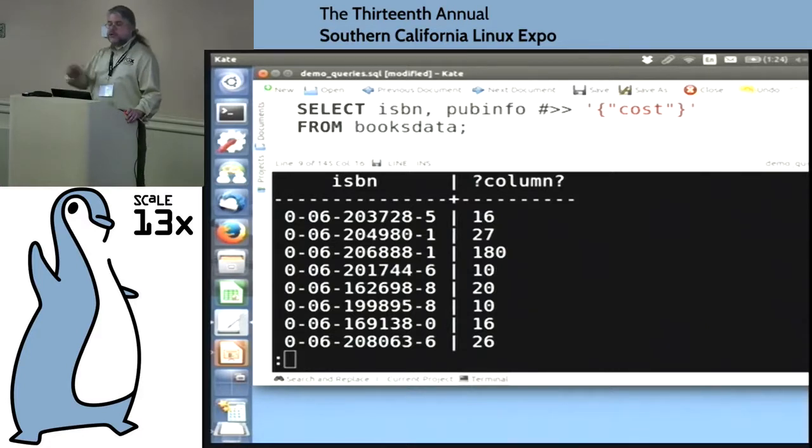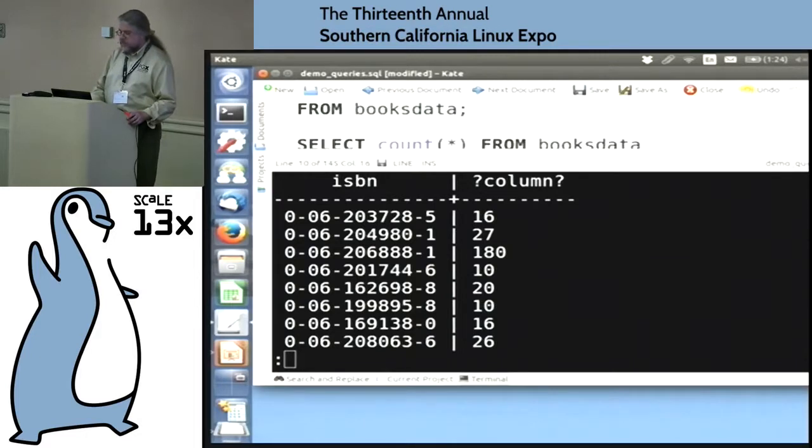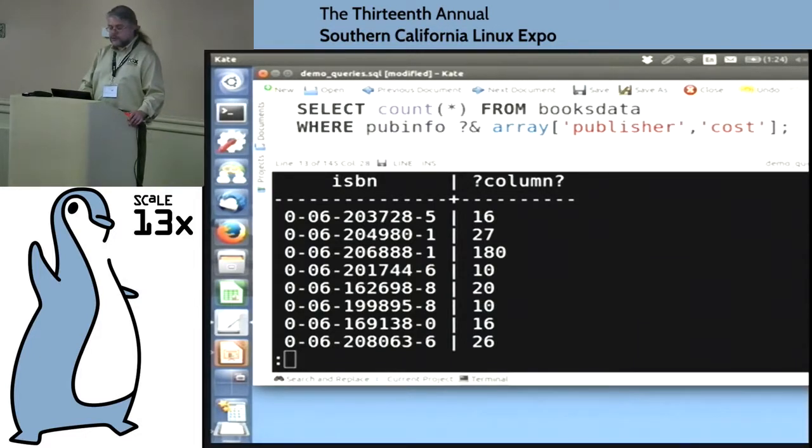If I needed to search down through multiple levels, I would have to give it the path to that cost value. This expression is only looking for cost as a top-level key. If cost was an inner-level key, I would have to provide the full path to that cost. Wildcards are not supported, and I will be talking about that in a minute. Right now, you have to specify the full path, and there are no wildcards.